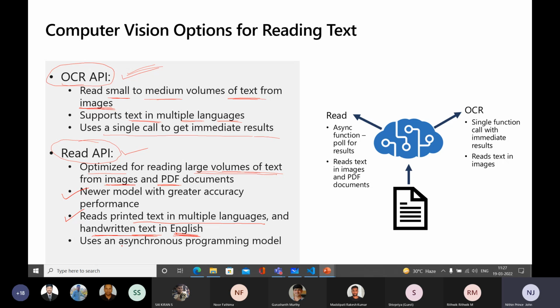It uses an asynchronous programming model. So what do you mean by this method? You're going to give the request to the Read API. In response to that, you are going to get an operation ID. You can use this operation ID